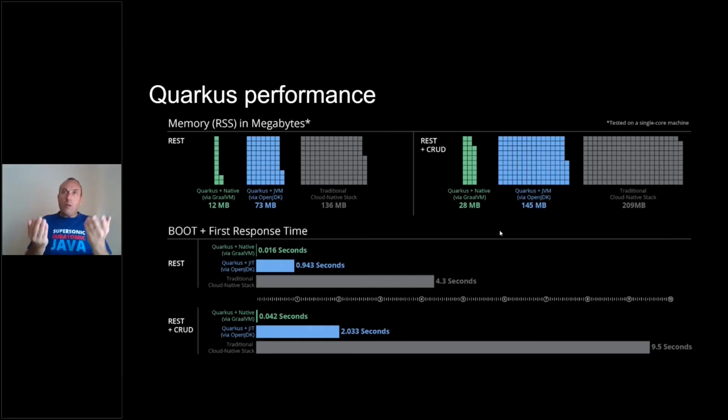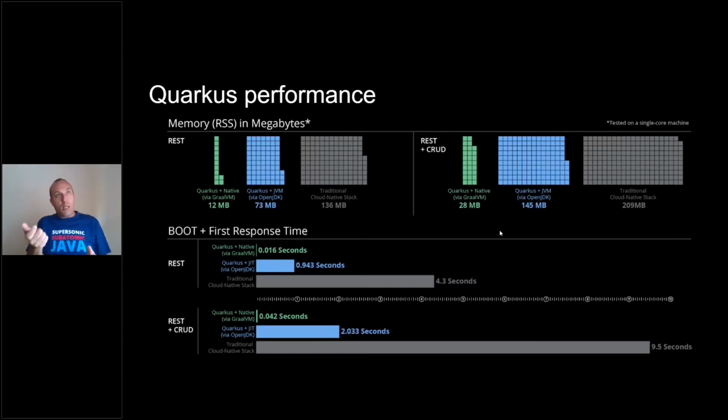And you would ask, okay, but what's the effort that I need to put in order to move from the JVM to native? If you're using Quarkus extensions, it's only a matter of adding -Pnative in the command line. So that's the difference between compiling to JVM and compiling to native. I repeat, -Pnative. That's it.